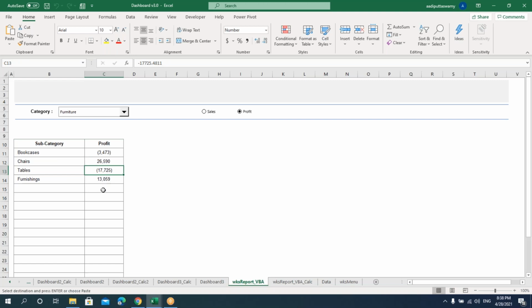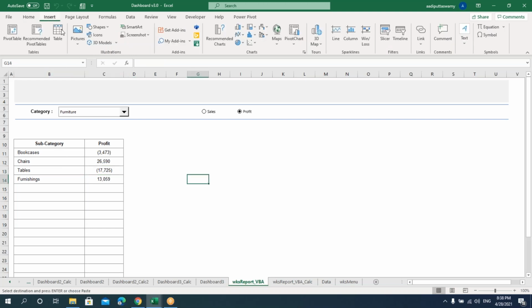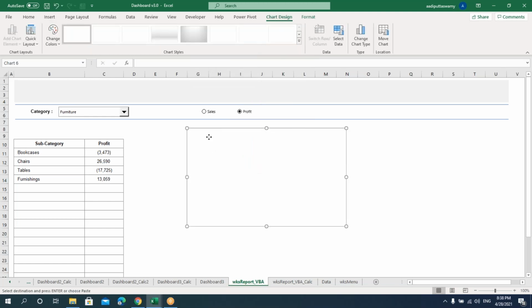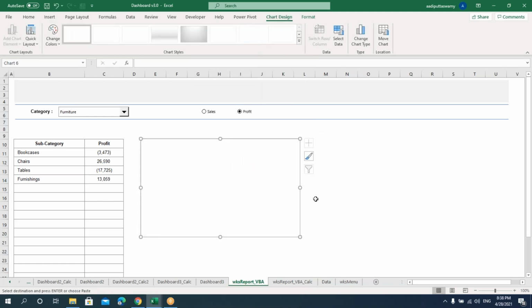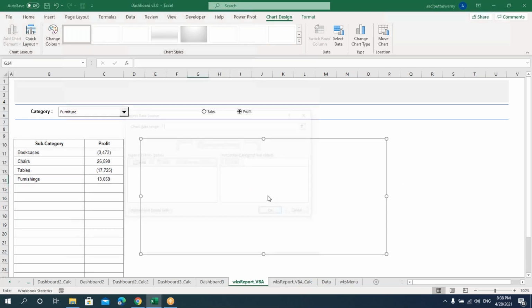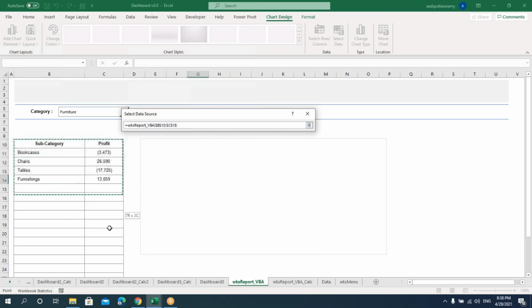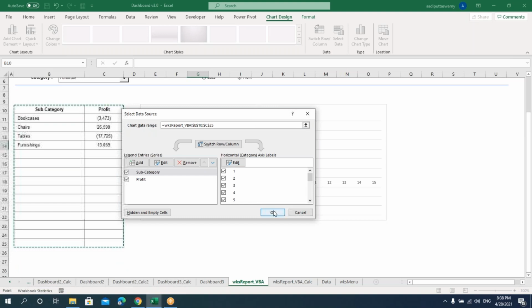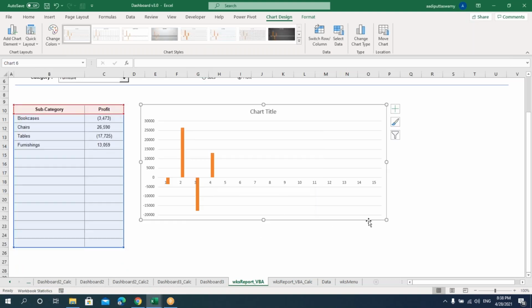Now the data whatever is there I'm getting. So if you think that I want to create a chart for this, still you can do that. So what I can do is I'll go here, insert, and I'll insert a column chart. If you want, you can use a pie chart or column chart, whatever is left to you. Just select here, right click, select data, and here I'm selecting the data till here. Say so. Right, so I got some data here.